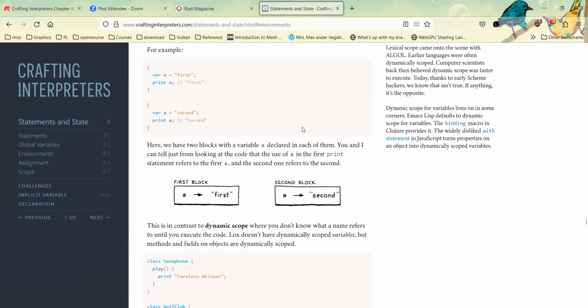Do you mean where these two A's are distinct objects?